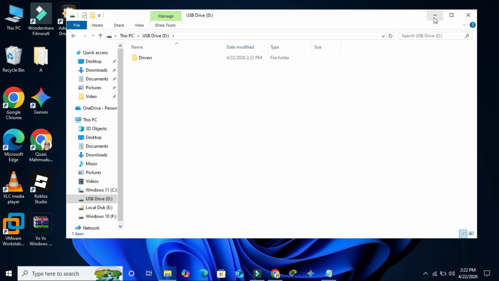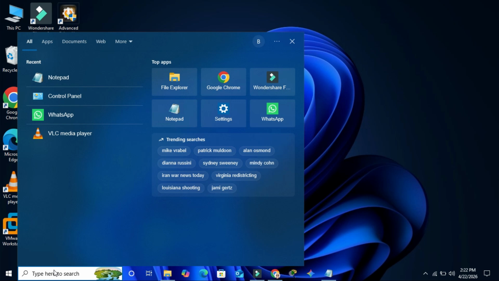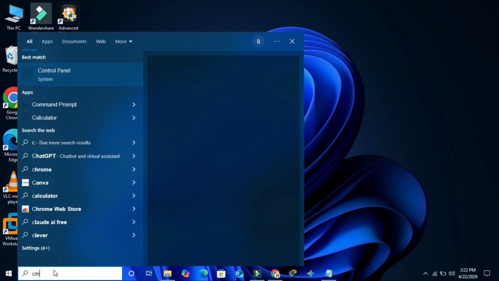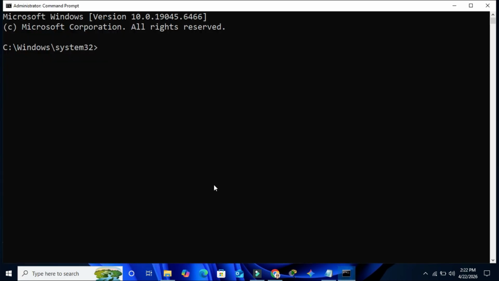Minimize File Explorer. Now go to search. In search type CMD. Right click on Command Prompt and click on Run as administrator. In Command Prompt type dism space /online space /export